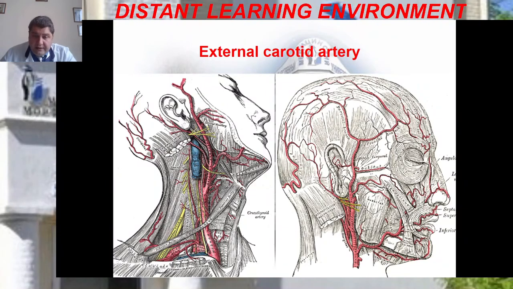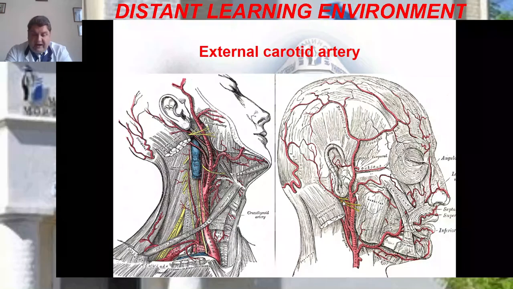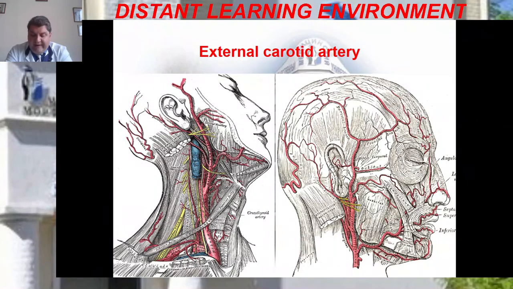Next, a third branch of the posterior group of branches of the external carotid artery is the posterior auricular artery, arteria auricularis posterior. It rises above the posterior belly of the digastric muscle, runs upward and back onto the skin behind the auricle. You may see this region of the head behind the auricle. It reaches the region of the parietal tuber. It branches and is distributed outside the ear,